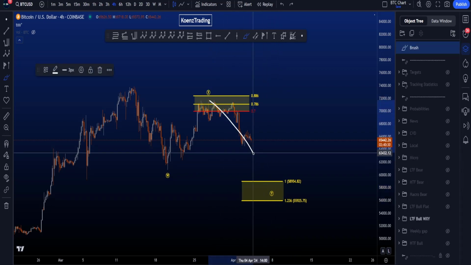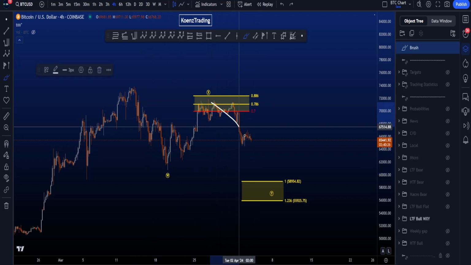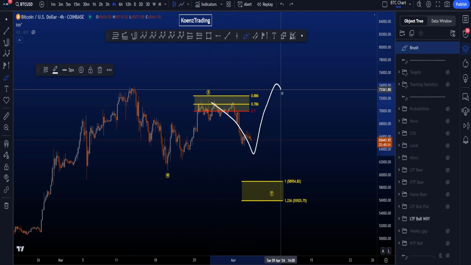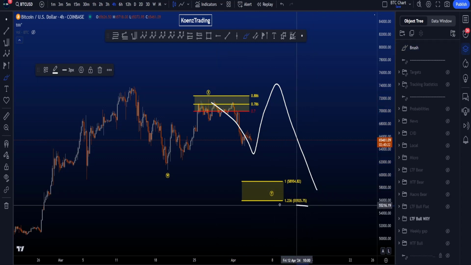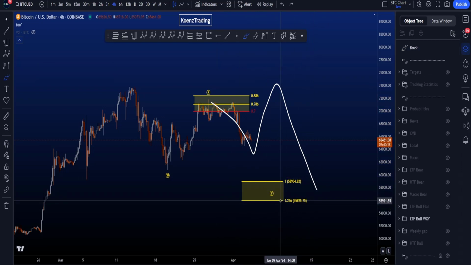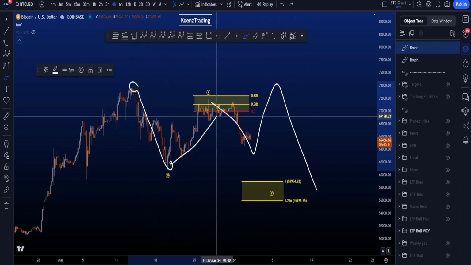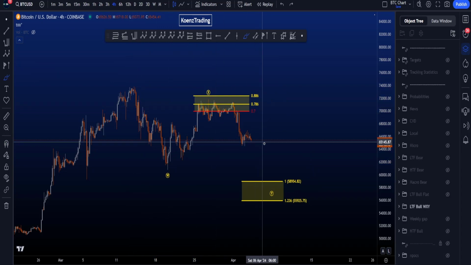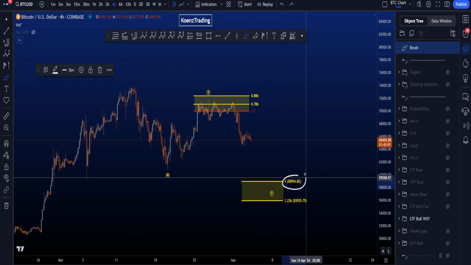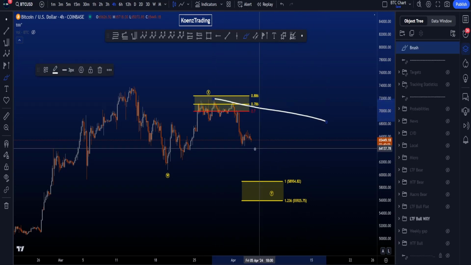Now for a flat structure, preferably your wave A is finishing above the low of wave W, for then a wave A, wave B, and then a wave C to the downside, hitting the common target area for a wave Y between the 1 and the 1.236 trend-based Fib extension taken from the high to the low of W to the high of wave X, giving us a target area between 58.9k and 55.9k,